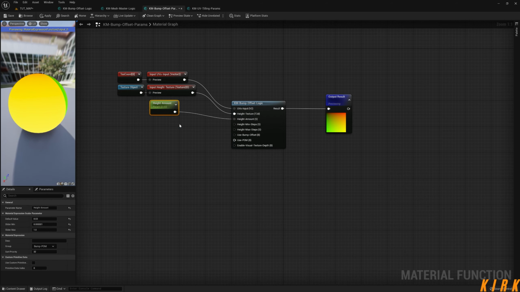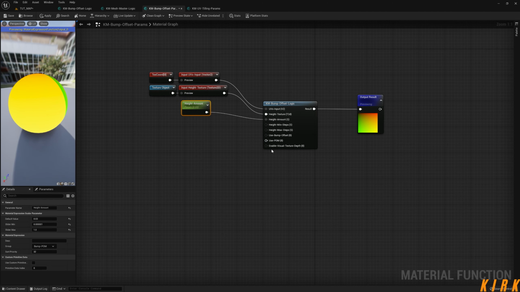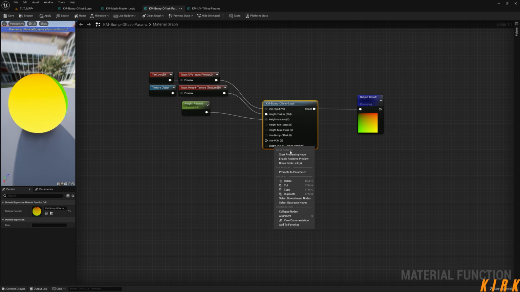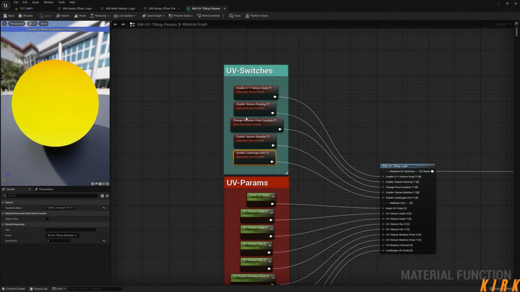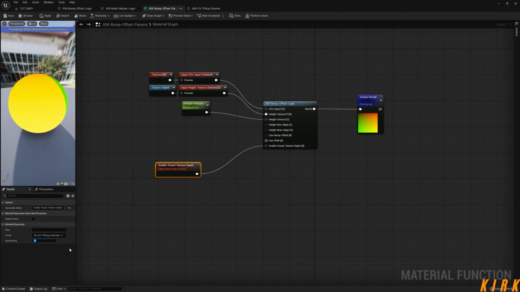I'm going to come to my bump offset params. I'm just going to go enable texture depth. So if I right click this and promote to a parameter, this is the UV tiling switches. Enable visual texture depth. I'm going to come to the group here. I'm just going to press left control and V, and now I've got 00 UV tiling switches, and the last one was 5. And this one could then go to 6,